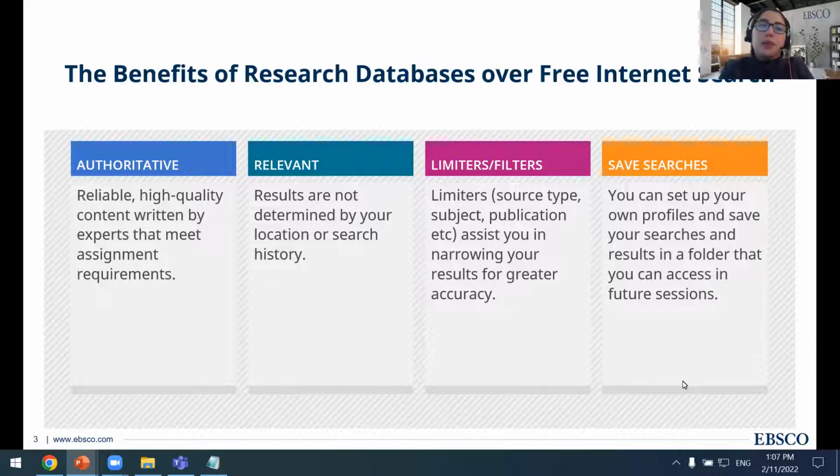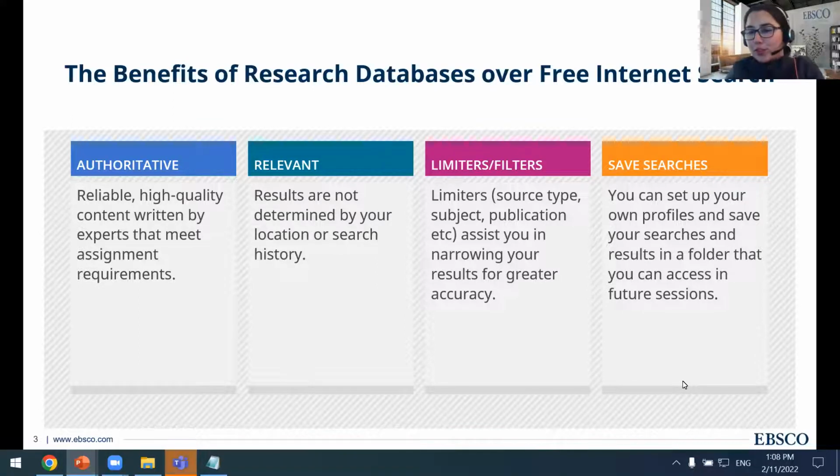The other thing I want to point out is the content available is relevant to your original search. So that means when you search your keywords in the search box, your matches are going to be picked up in key parts of each of those articles. They're going to look for matches in the title, in the subjects, in the abstract itself, to make sure that you're getting the best representation back for what you're searching for.